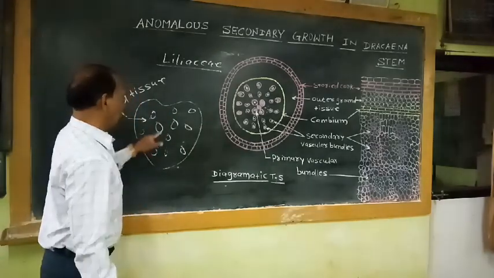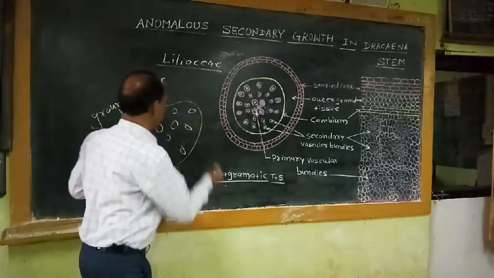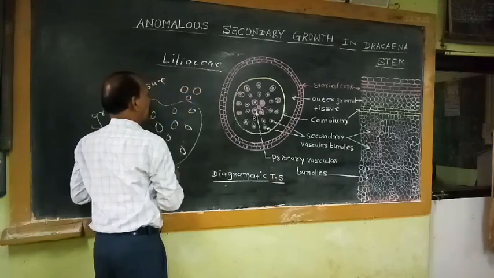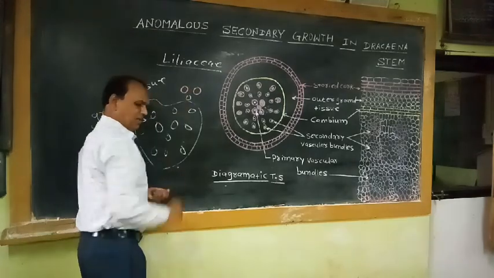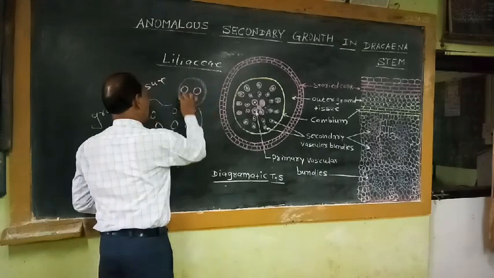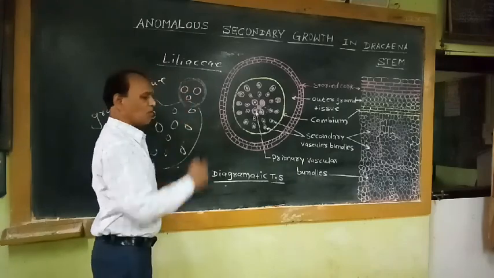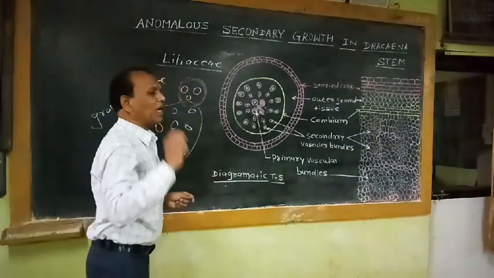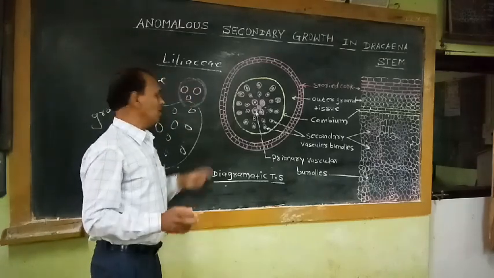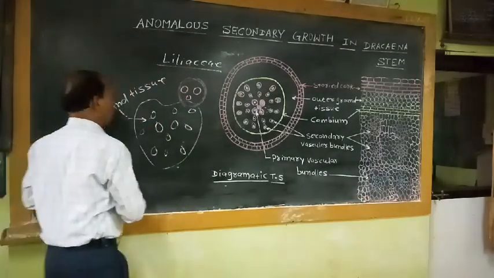In this vascular bundle, if we observe, each vascular bundle possesses two metaxylem elements in the form of vessels, one protoxylem element, and at this region there is a phloem. So this phloem-xylem bundle is surrounded by a sheath of sclerenchyma. That means here phloem is there, here xylem is there, lying side by side to one another. That means the arrangement of the vascular bundle is conjoined, collateral, and closed.